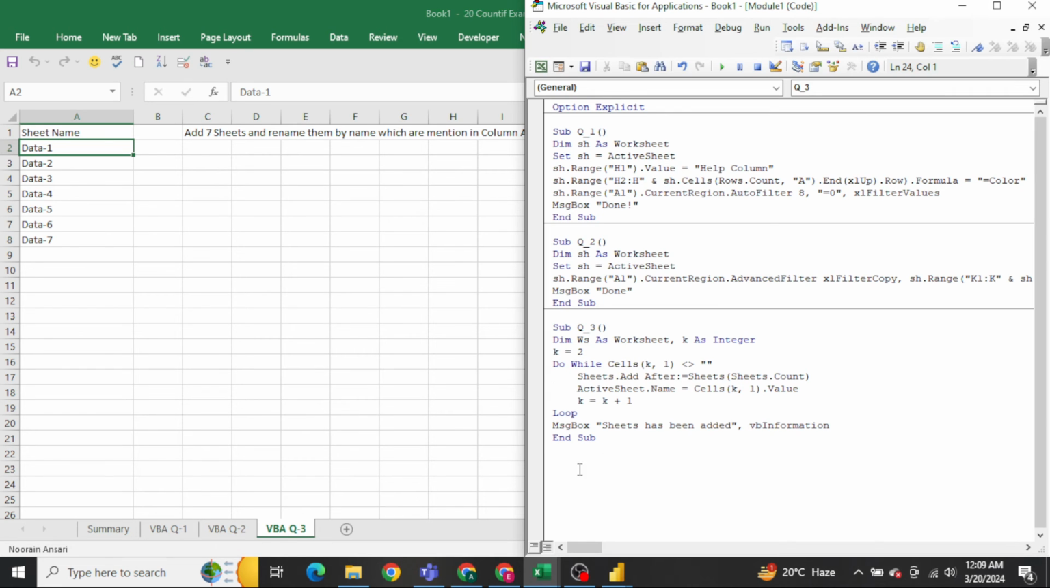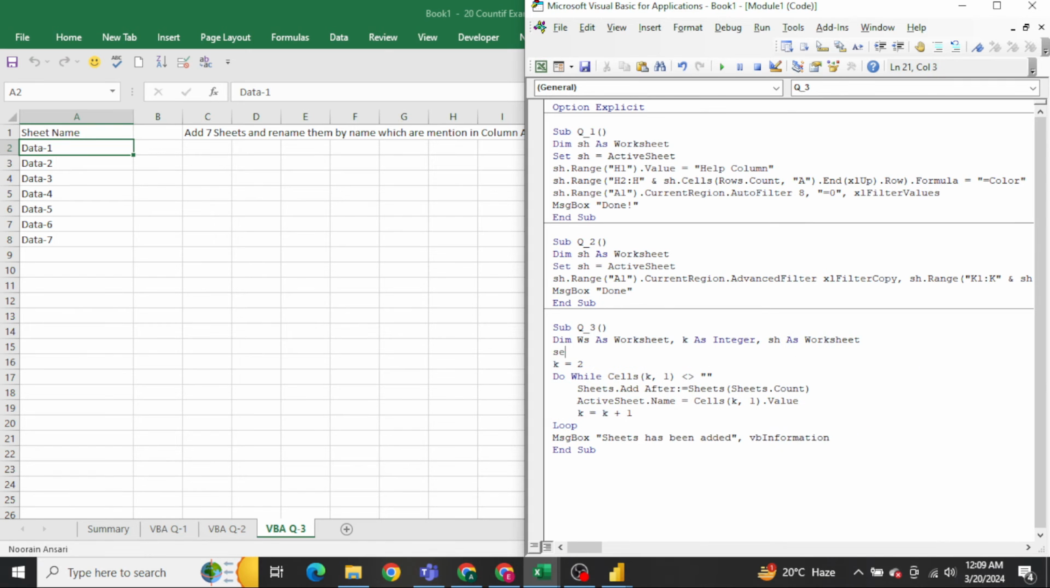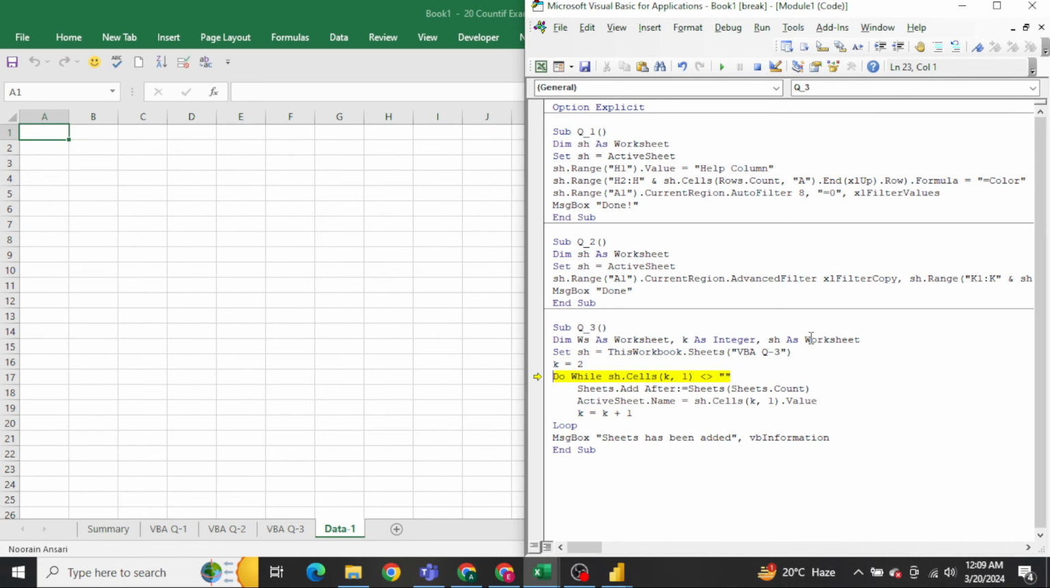So here I'm going to declare one more variable, sh As Worksheet. Set it to ThisWorkbook.Sheets, giving the name of the sheet. Here let's give the name sh, simple sh. That's it. Now let's run it. F8, F8, F8, F8, F8, F8. We will be able to see